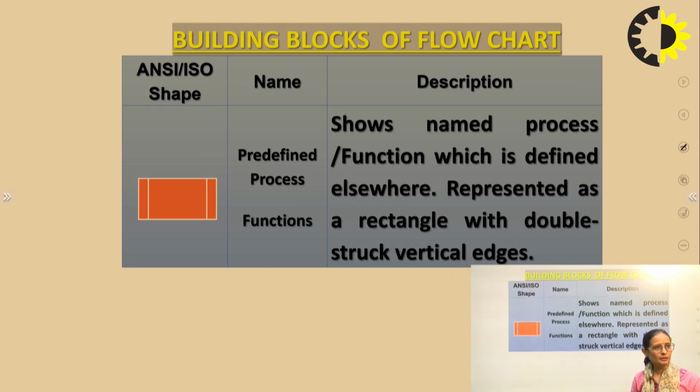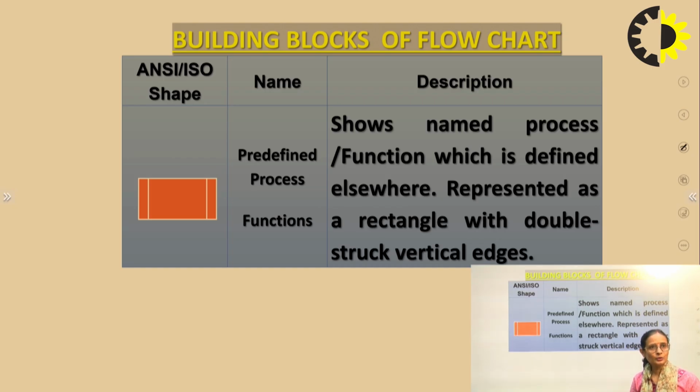This symbol is known as predefined process or functions. When, for example, you have created a flowchart for the sum operation, and now in another flowchart you want to call that function sum in your program, then what will you do? You will use this symbol for calling the functions.